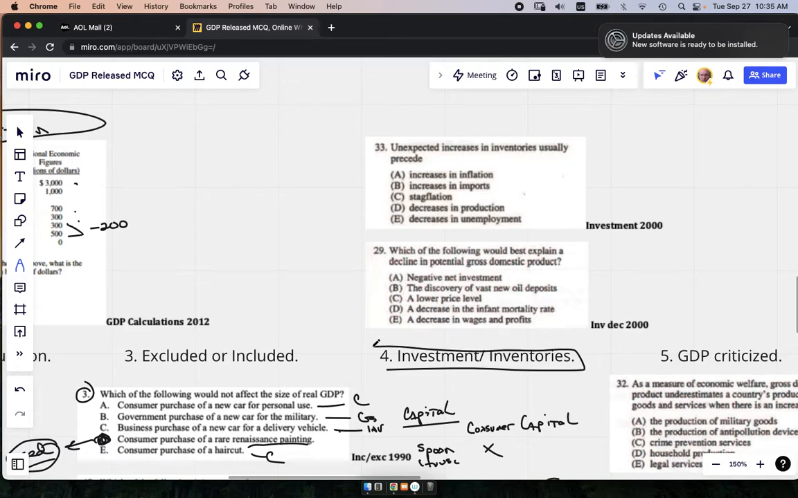There's enough of these, I probably have 12, 13 of these different questions that you just have to know. One of these is pretty straightforward. Unexpected increases in inventories usually precede, well, think about that. This isn't straightforward. The question would be, why would we have more increases in inventories? Well, think about this. You own a shop. Every week, deliveries show up. You probably have a standing order with the producer, and you say, hey, send me a certain amount of hamburger